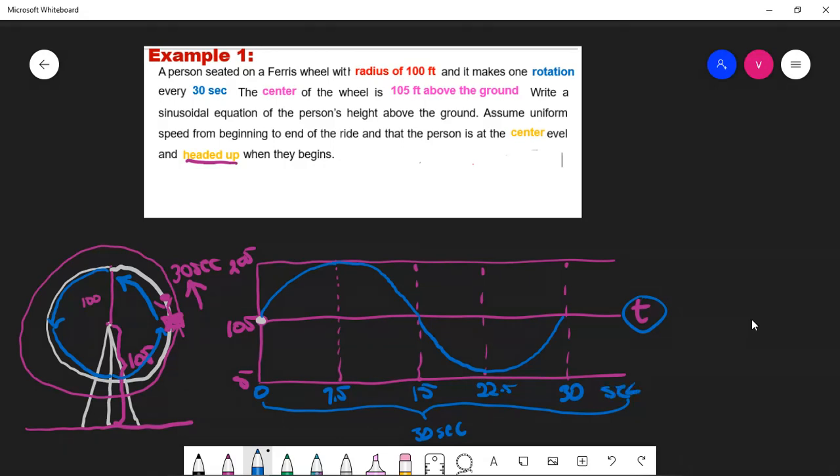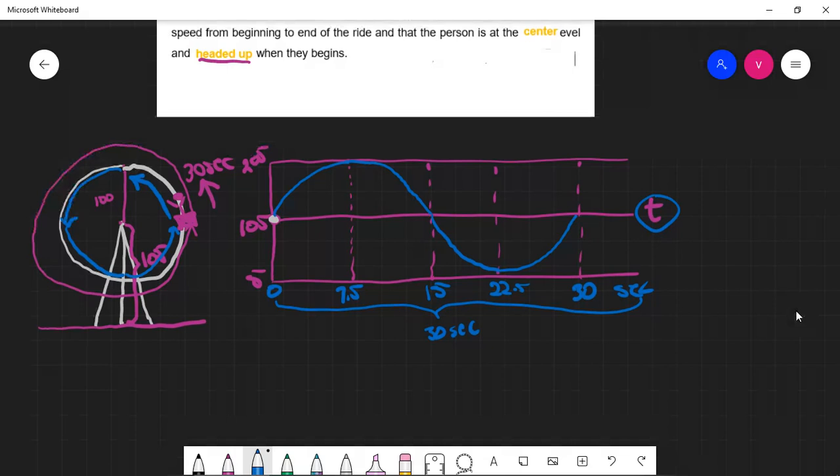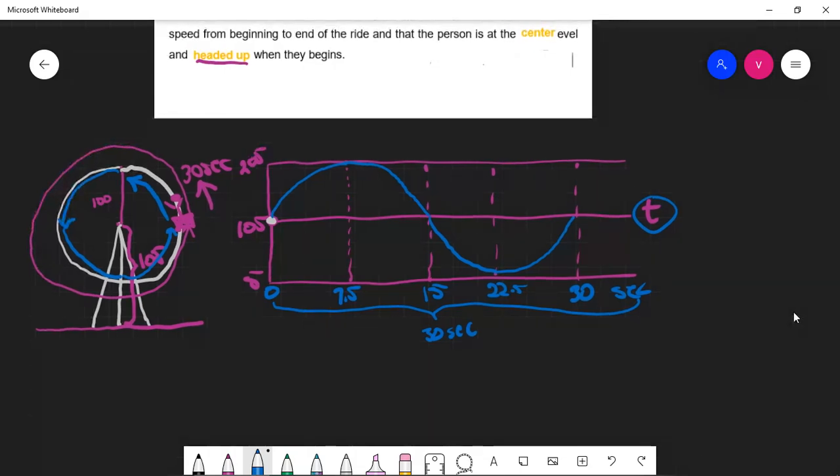All right, so the first thing you need to do when you have a harmonic motion problem is model it with a graph. From the graph, you can deduce many things here. You can create an equation based on this graph. Okay, so let's do that. Let's write the equation. It's a sine wave. So we take our standard equation like this. A is the amplitude. So that is right here or here. Okay, so that would be a 100